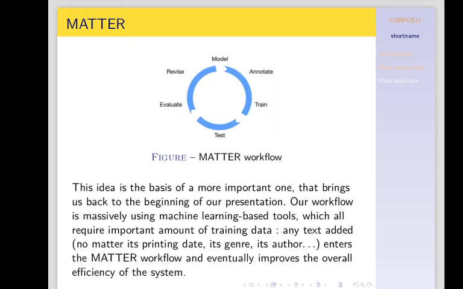I want to end with an idea, which is this idea of the meta workflow. The idea that we have is that, okay, we have a system and then we have texts. With the texts, we process them with our workflow that produces data. Then the data can be corrected to retrain the tools. And then we can produce more data with new texts that will be once again corrected, and all the tools will be retrained. And by doing so, we create a virtuous cycle that will help us improve the quality of the